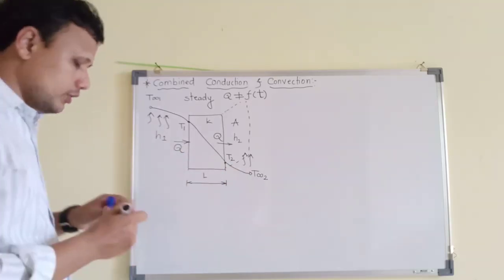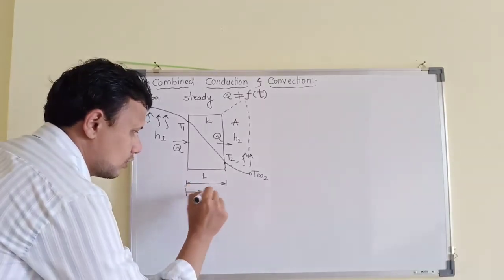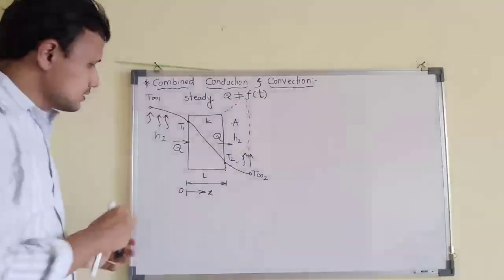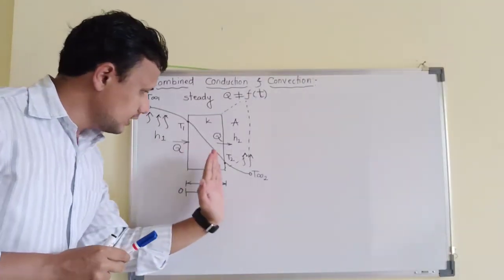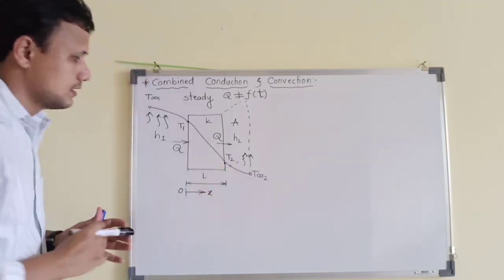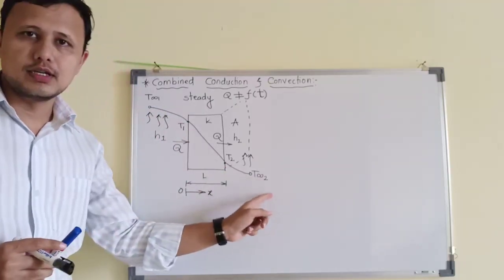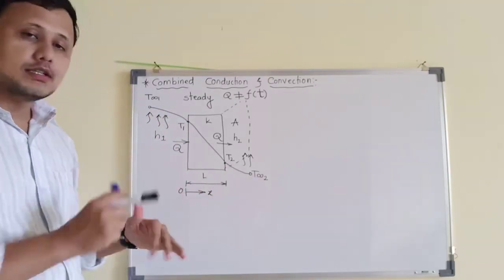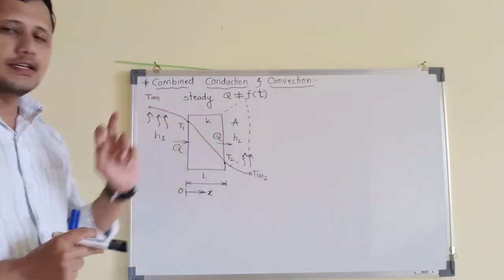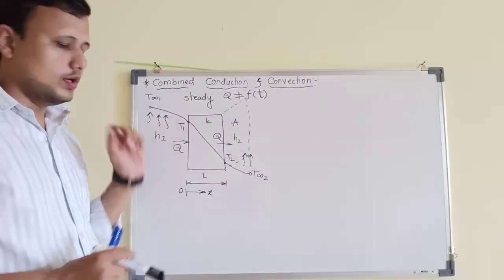Notice one thing, we are establishing our coordinate system at this point. Always in the derivations we do that. So notice when the location x is continuously changing, for example at this thickness, at this thickness, at this thickness, the temperature is continuously changing. That is fine. But with time, if the temperature does not change, then it can be considered as steady state heat transfer. And we are going to analyze steady state heat transfer only.